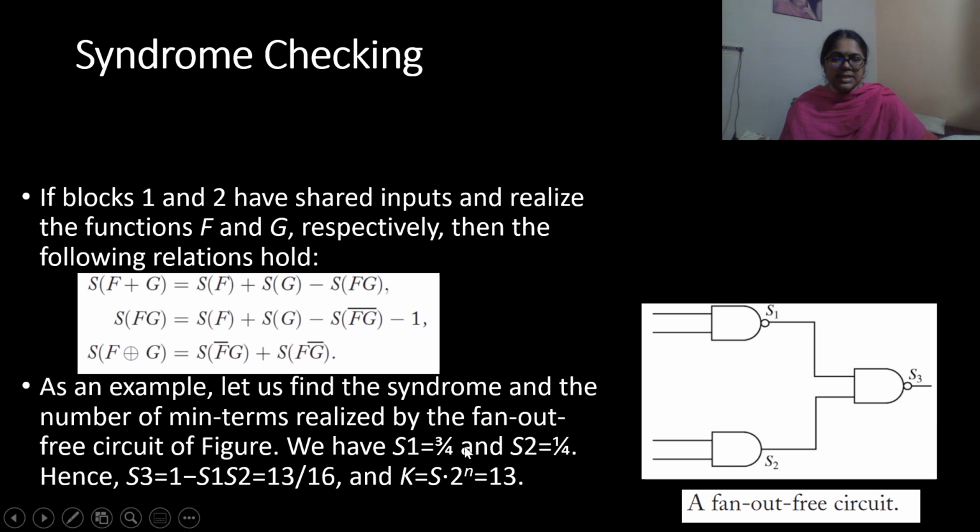So 1 minus S1 S2 will be 1 minus 3 by 16, that will be 13 by 16. And k is given by S into 2 to the power of n, that is 13 by 16 into 2 to the power of 4, because the whole circuit has 4 inputs. So we will get 13.